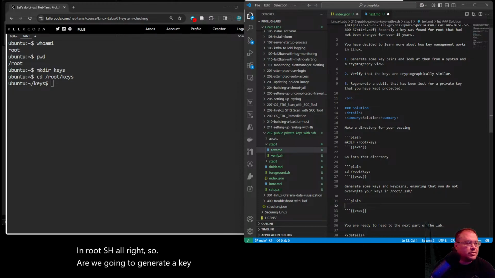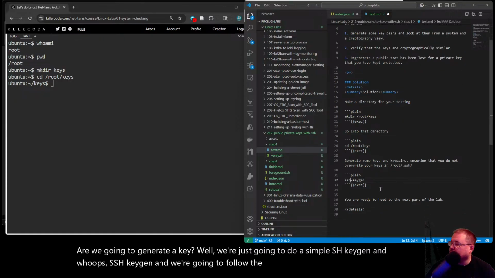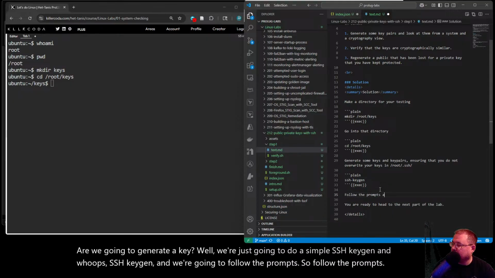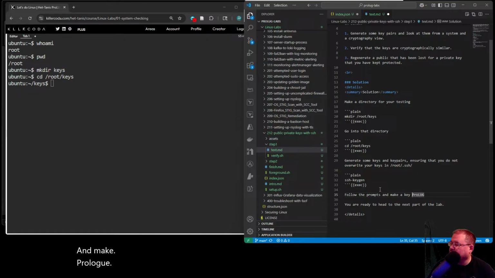Well, we're just going to do a simple ssh-keygen, and we're going to follow the prompts. So follow the prompts and make a key pair, prolog. So follow the prompts and do that.